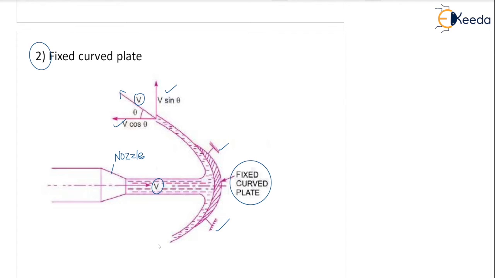The same you can also draw at this end of the blade. This is your V and this is your theta, so this is V cos theta and this is V sin theta. Now the components have been introduced because of the angle. The discharge is not vertical, so it is V cos theta and V sin theta. From the vertical velocity direction, we have now come to the angle components.